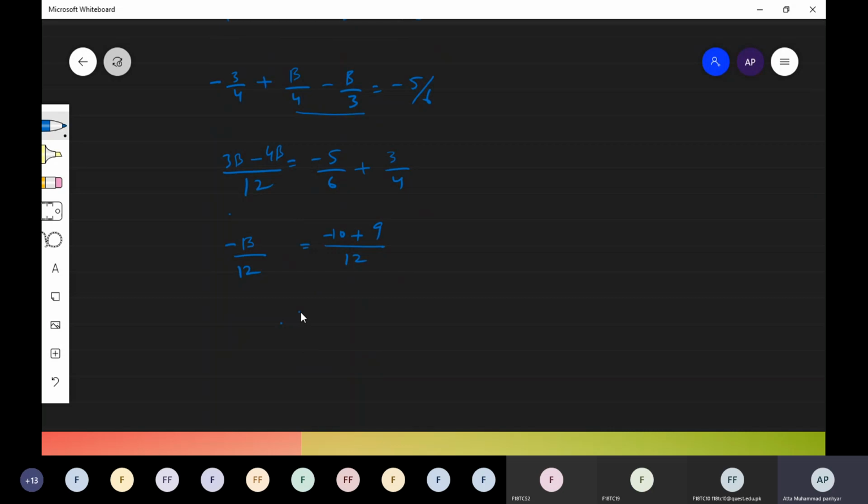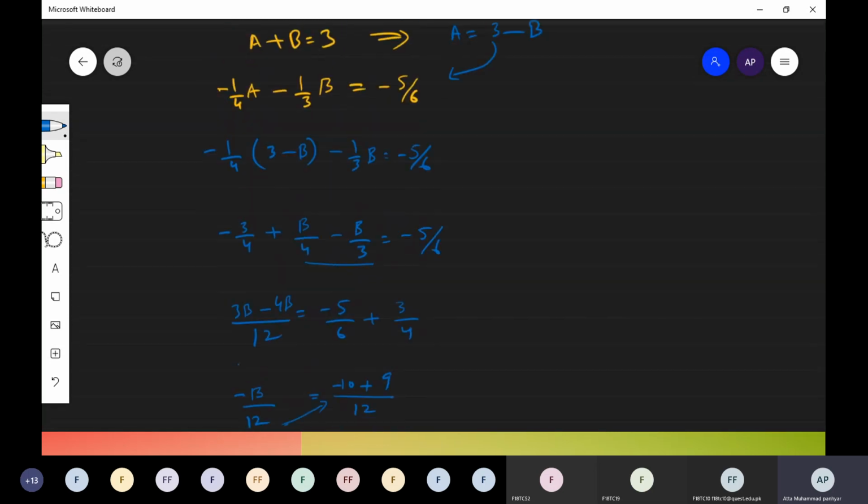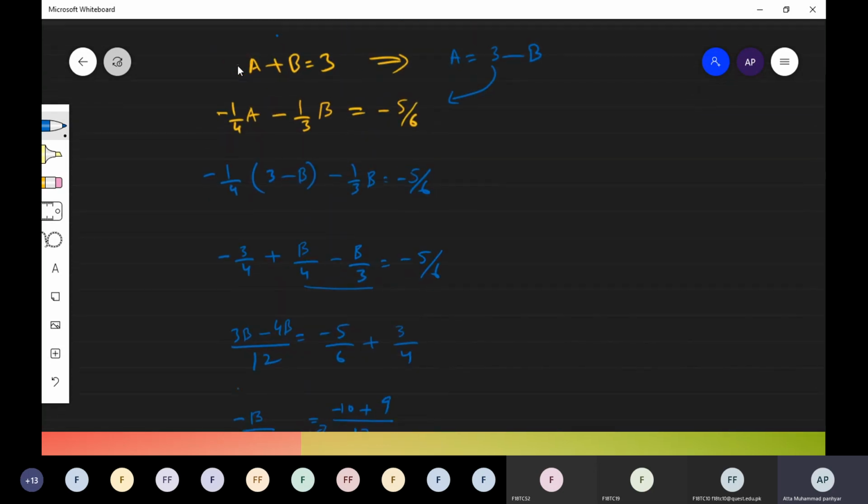Solving it further, this has become complex now. Minus 1 upon 12 minus b. Now this 12 is in division here, it must be multiplied on the other side. So 12 cancels, b is equal to 1, right? So we got the value of b. Now if we substitute this value of b into this equation, then we get the answer for a as well.